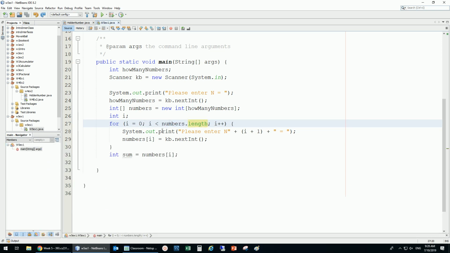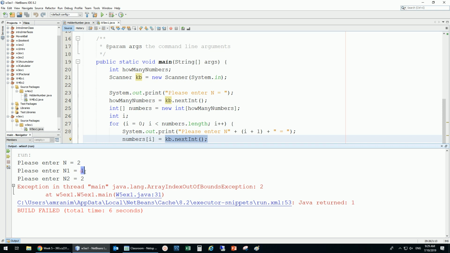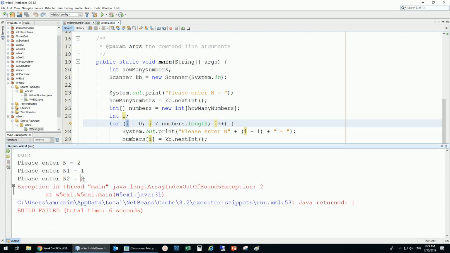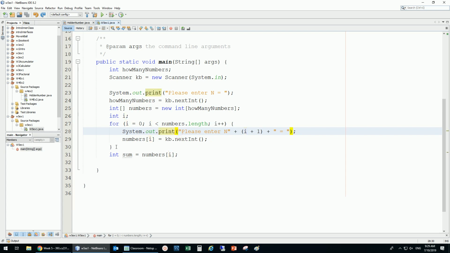Yes. I get inside, display something, and then put in number of 0 something from the keyboard, which is what I did. I put in number 0 this thing here. Then I becomes 1. Is 1 less than 2? Yes. I get inside and I'm going to put in numbers of 1, I'm going to put this number that I entered, the 2. And then